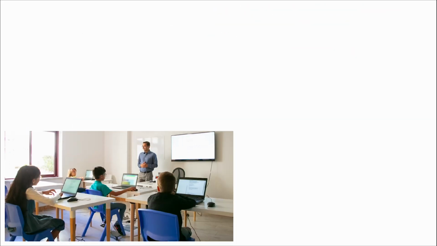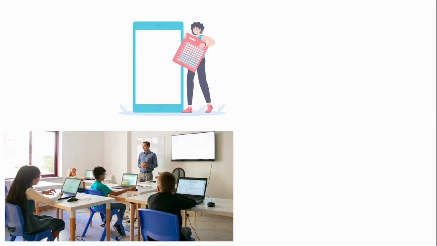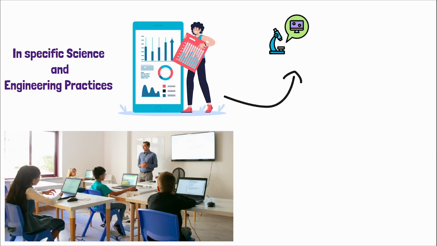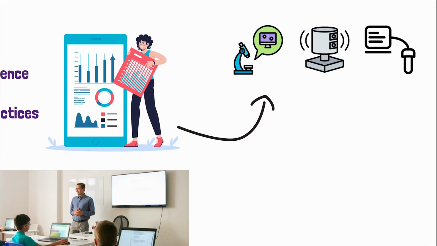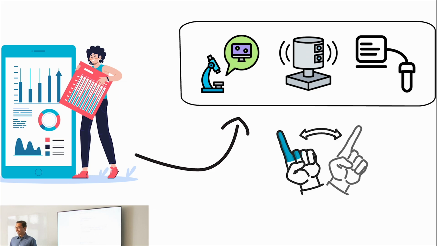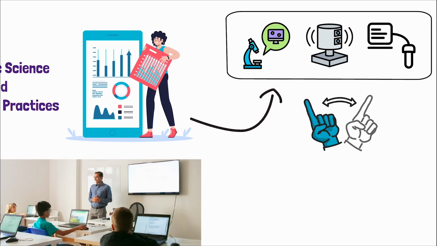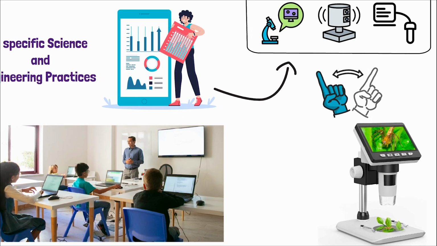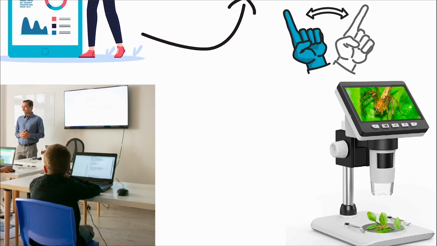Digital technologies for gathering scientific information, data collection, and analysis by students are crucial for supporting engagement in specific science and engineering practices. These technologies include digital microscopes, data loggers, and sensors, which allow students to collect precise data and conduct experiments that would be difficult or impossible to perform manually. For instance, using a digital microscope, students can observe minute details of plant cells or insect parts, enhancing their understanding